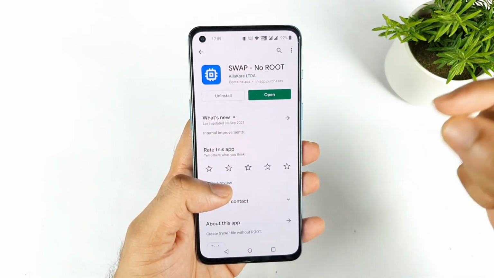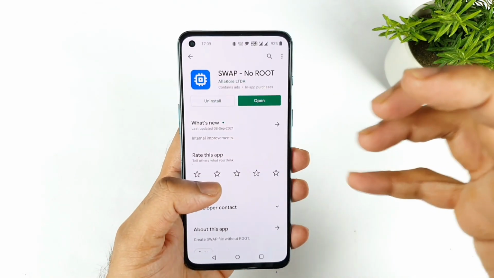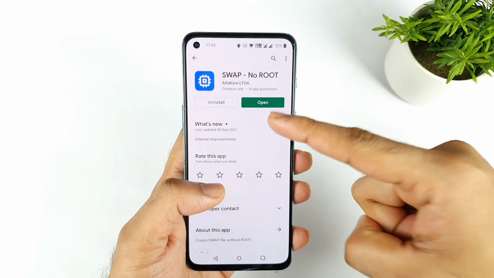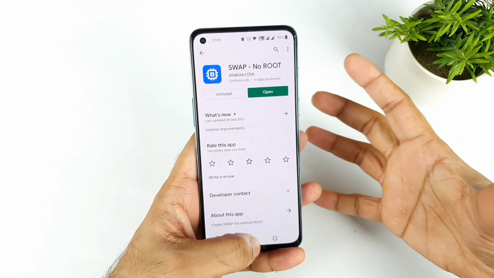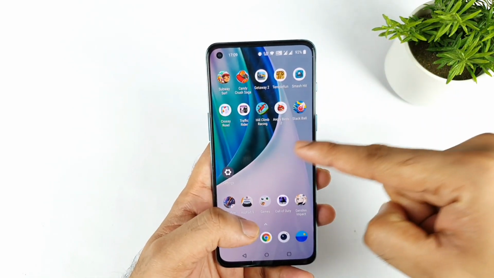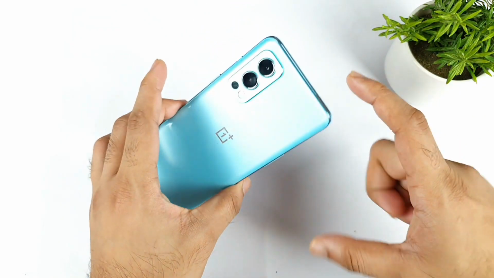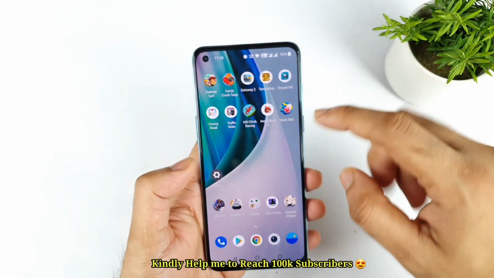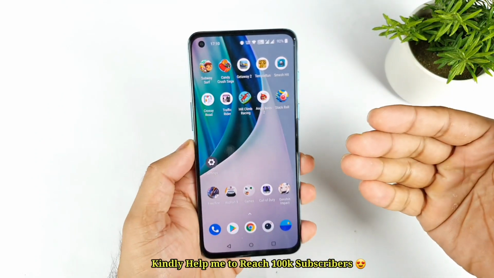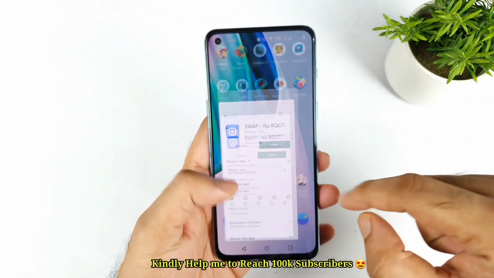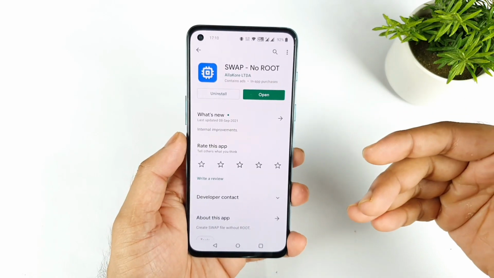This is an application which has been recommended by a few of my users. They did ask me to install this application and try to extend by 5 GB and try to use the same 10 games which I used to test before, because previously what is happening in the OnePlus Nord 2 is that this phone was unable to store more than 5 games in the background RAM management. But by using this application, let's see whether we can actually do that or not.